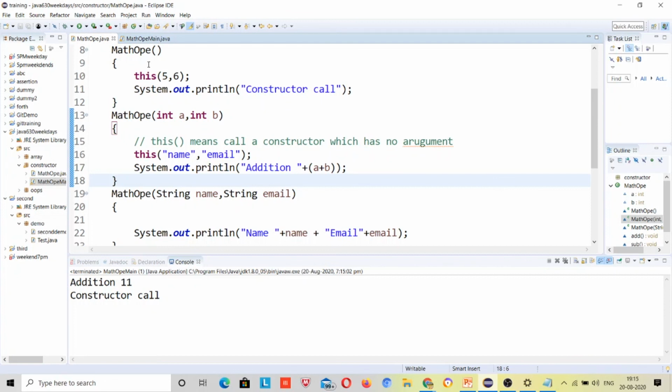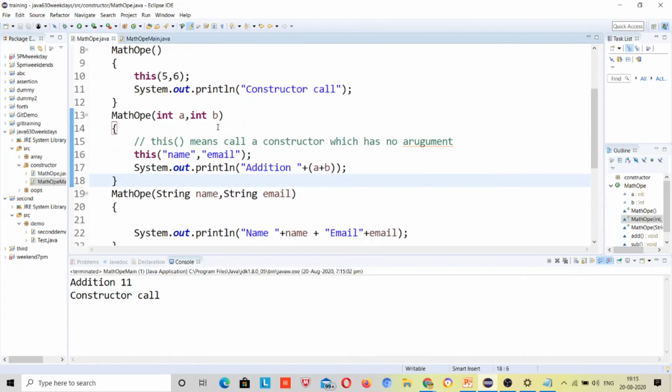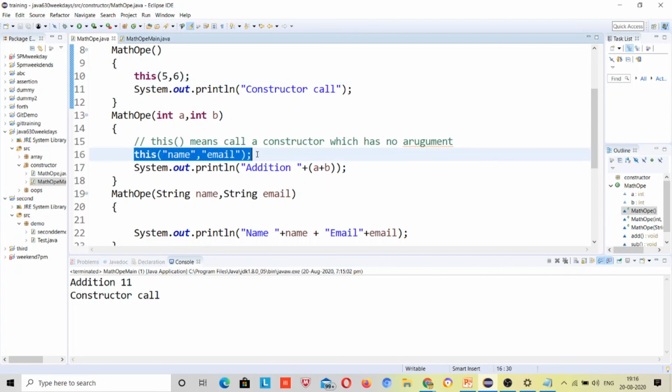Again, what will happen? First it will come here and see that the default constructor is called. Don't guess, try to understand the concept. The default constructor is instructing it to go inside a constructor which has two integer values. It will come here, and this says to go inside a constructor in the first line of the statement, the one which has two string values.